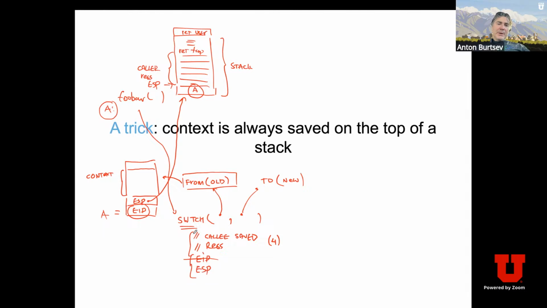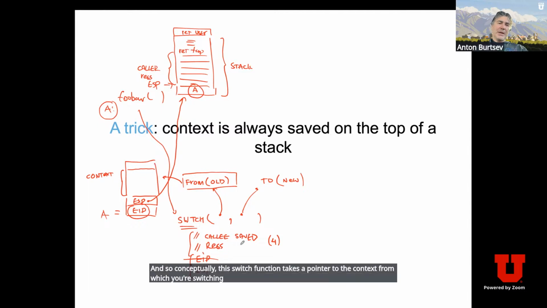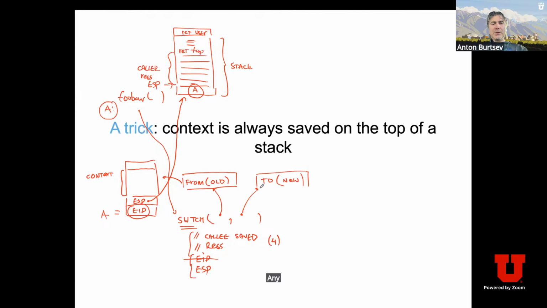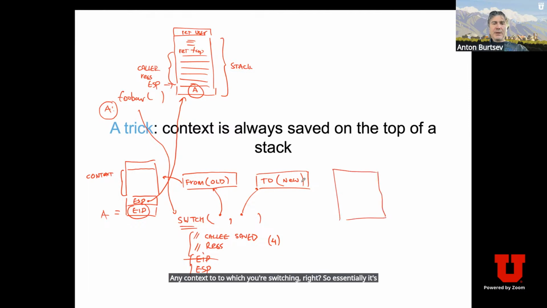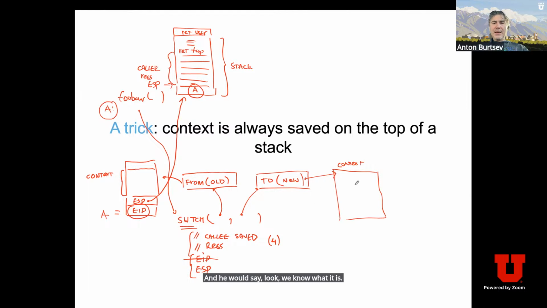And so conceptually, this switch function takes a pointer to the context from which you're switching, and you only save these 4 registers into this context, and a context to which you're switching, right? So essentially, it's kind of like 2 identical data structures. There will be a context here as well. And you say, look, we know what it is. It again has callee saved registers,